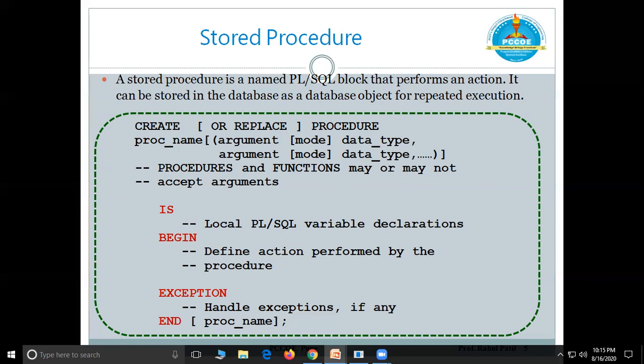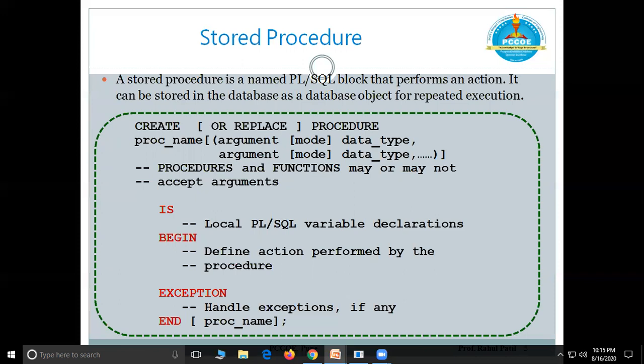Then after writing this, you write the IS keyword, and then you can declare whatever you want in the declare section. It may be your variables, constants, and so on. After declaration, you enter the BEGIN section. For whatever the procedure does, all those actions in terms of SQL statements, you write in the BEGIN section.